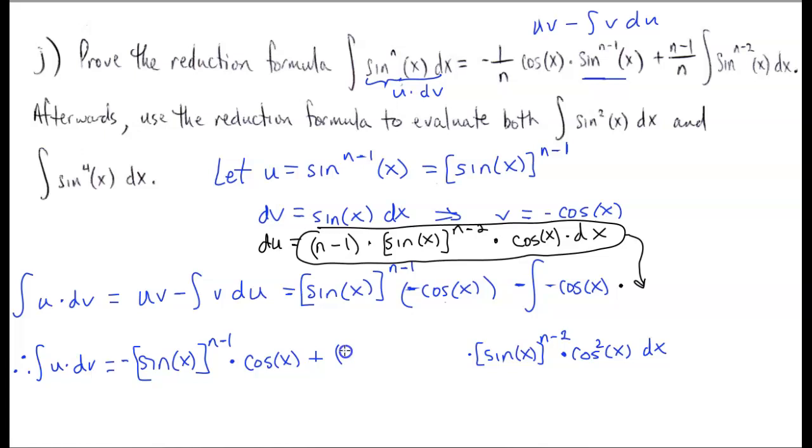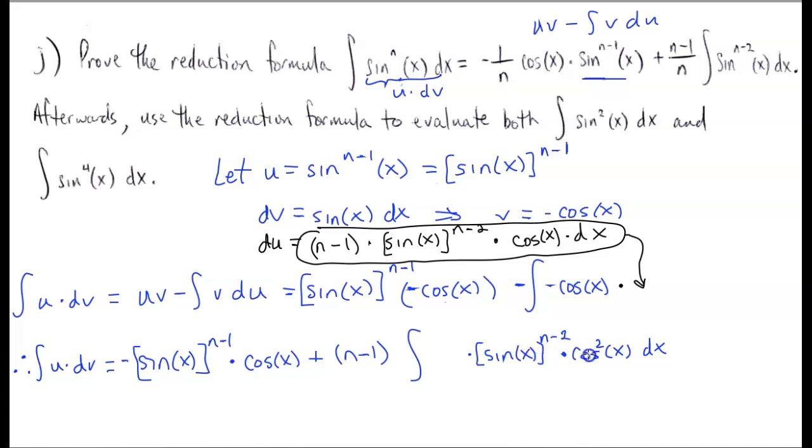And we'll have n minus 1 like this. And then we'll do the integral. And of course, all this business here would go with the integral. All right. Now, the next thing that we see here is that cosine squared,